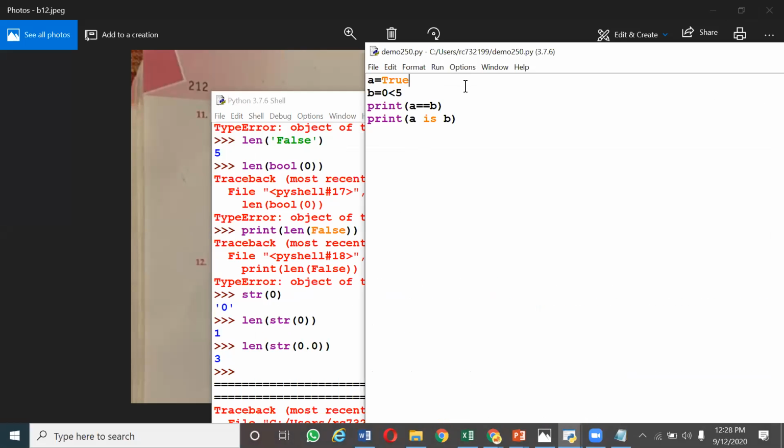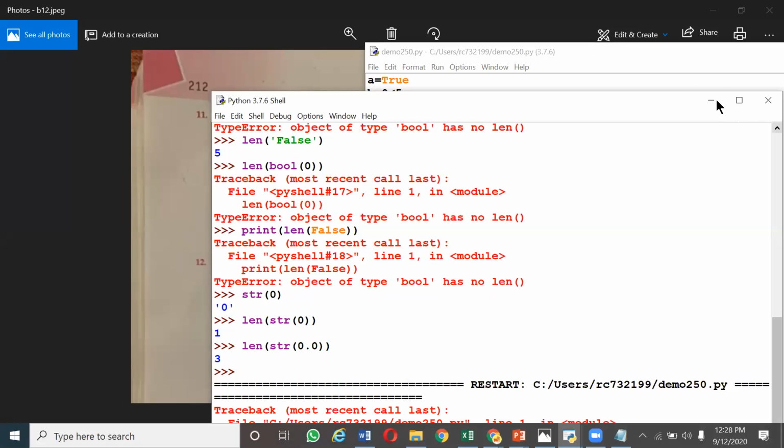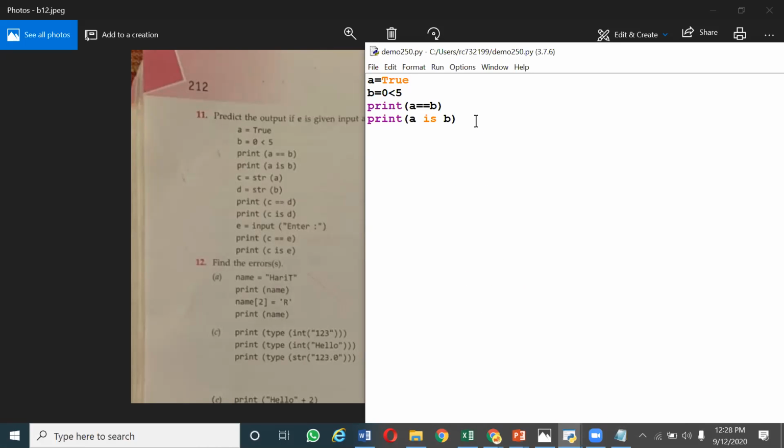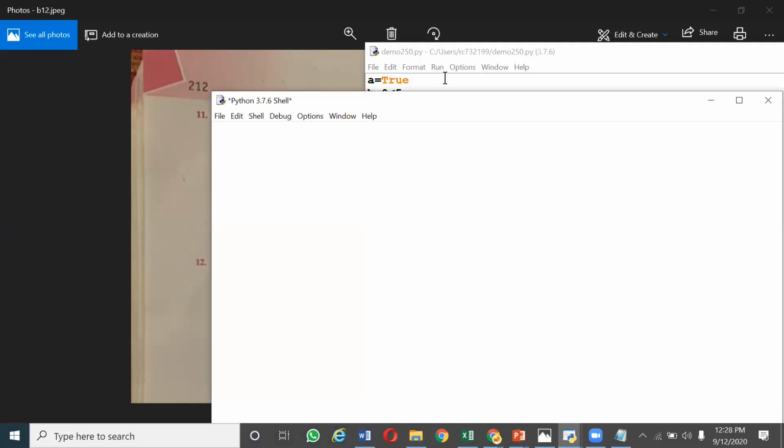So what is the remaining statement? Okay, we will execute line by line so that you will understand. C is equal to string of A, and then D equal to string of B. Print C equal to D, and then print C is D. Now let me save this and then run this.